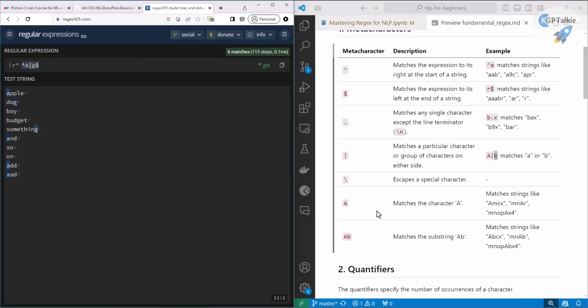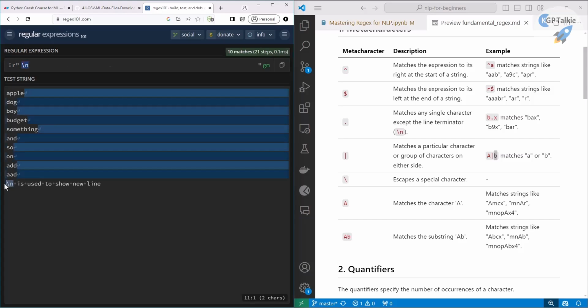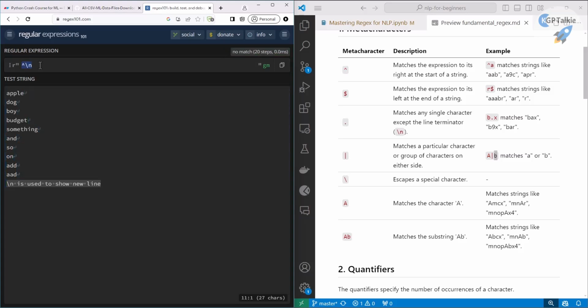Let's see how you can escape these special characters. Just to give you an example, let's say you have something like this. I say here \n is used to show a new line. Now I tell my algorithm to match this particular string, any string which starts with \ and n. So I define this regex pattern, but I do not find